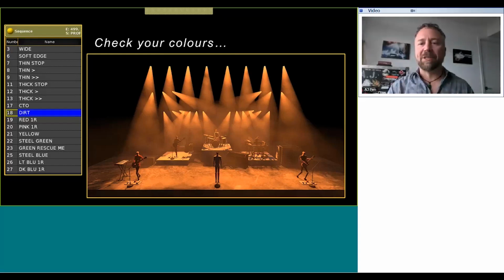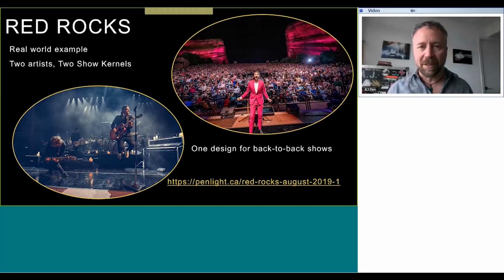Now I'm going to get into a real-world example where using the kernel protocol, if you will, made it very easy to do 2 artists for 3 nights back-to-back at Red Rocks last summer. It's a once-in-a-career feat of scheduling that we had 2 shows with One Republic followed by 1 show with Josh Groban back-to-back at Red Rocks, and both artists wanted to use the entire Colorado Symphony Orchestra.